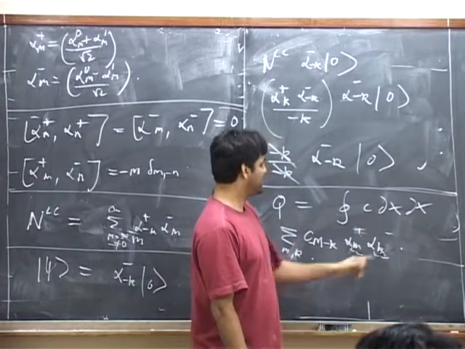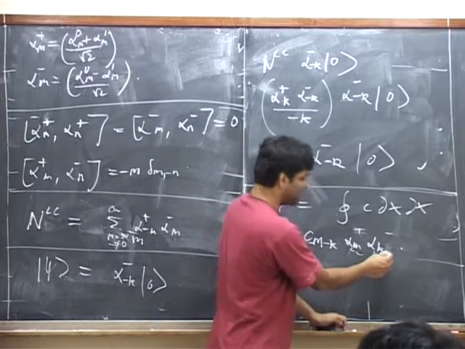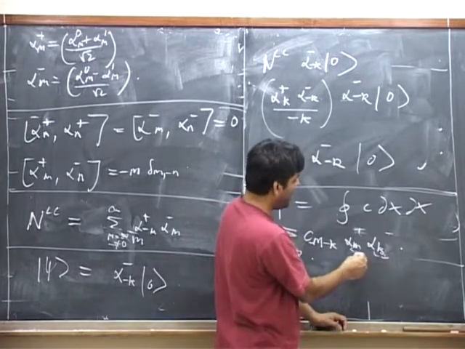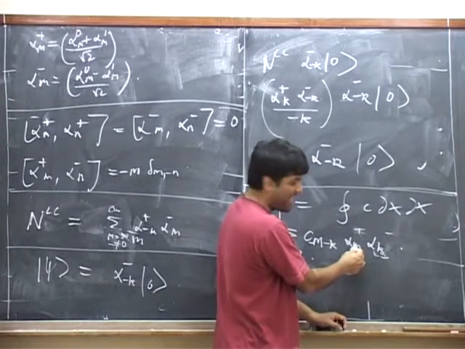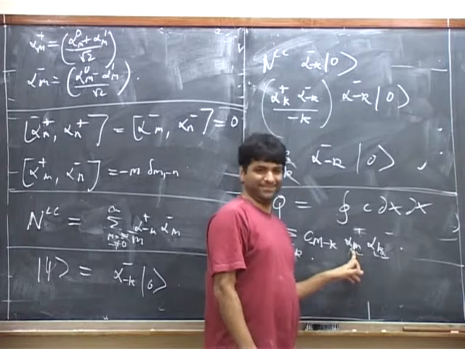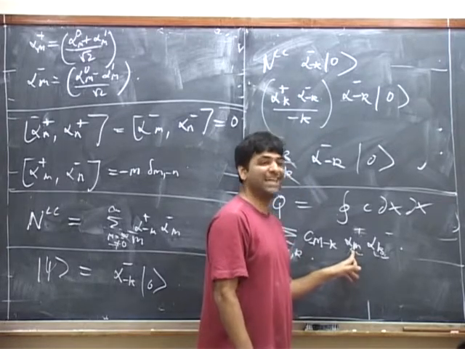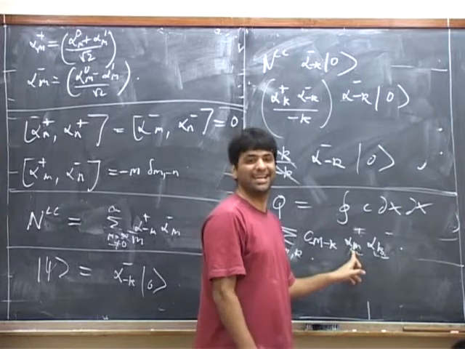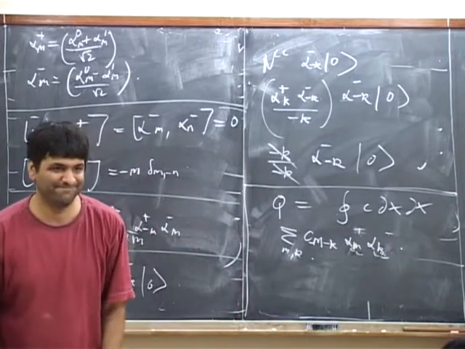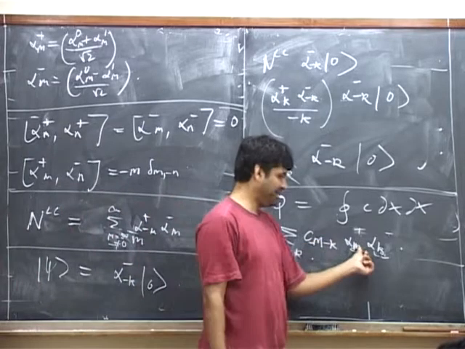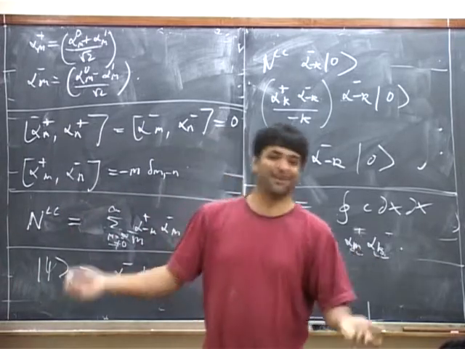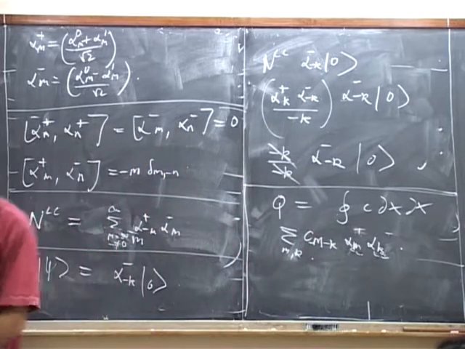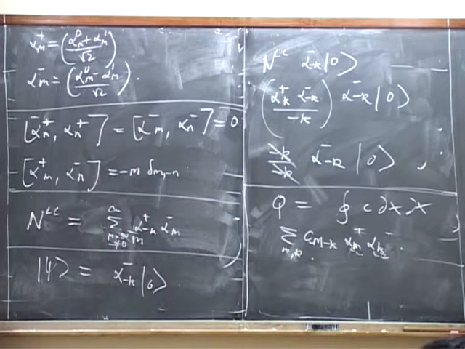Okay? So suppose we look at the term where this guy is 0. If this guy is positive, then it destroys a minus oscillator. If this guy is negative, it creates a plus oscillator. In either case, it has NLC equals minus 1. On the other hand, if this index was 0, we will get NLC equals plus 1, because we have creation operators for minus oscillators or destruction operators for plus oscillators.